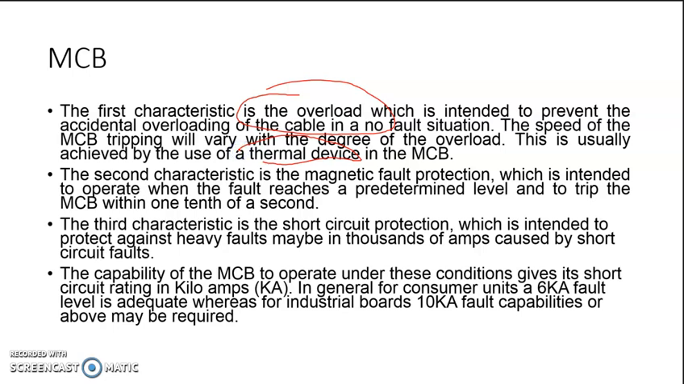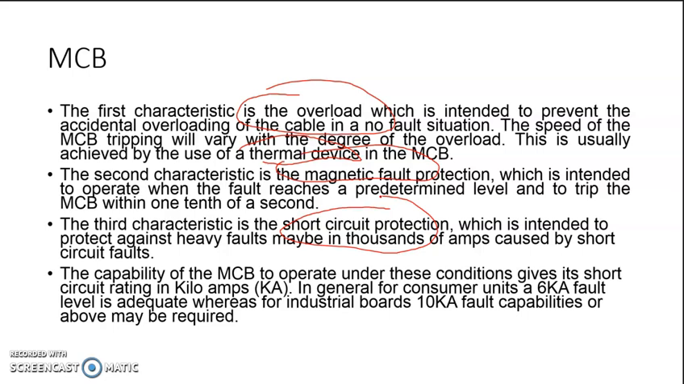And the second point is the magnetic fault protection. So this will arise when the fault reaches a predetermined level and to trip the MCB within 1/10 of a second. And the third one is short circuit protection, that is, under the case of a short circuit, because of